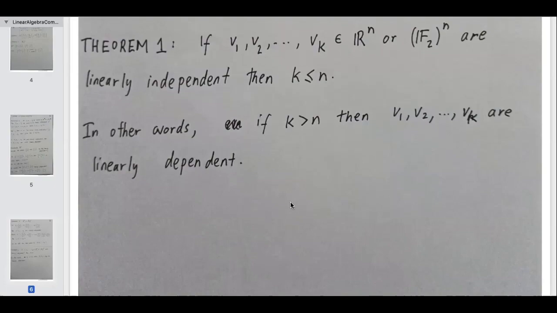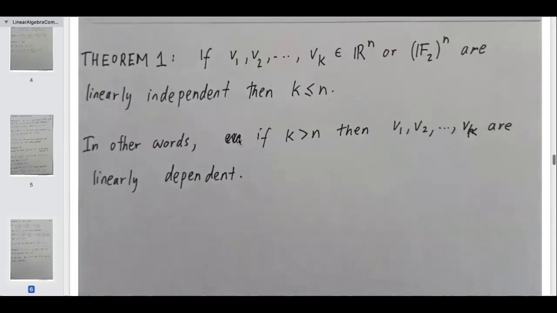And next we defined linear independence. The definition was, some vectors are linearly independent if the only linear combination of the vectors that gives 0 is the 0 linear combination. And then we did a few examples, and it seemed like in R2 you cannot have more than two linearly independent vectors. In Rn you cannot have more than n linearly independent vectors, and indeed that is true. If v1, v2, ..., vk belong to Rn or F2n, and suppose they are linearly independent, then there can't be more than n of them. Okay, and this is the important theorem.